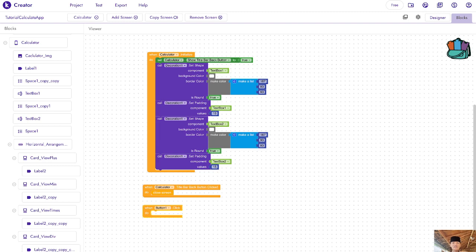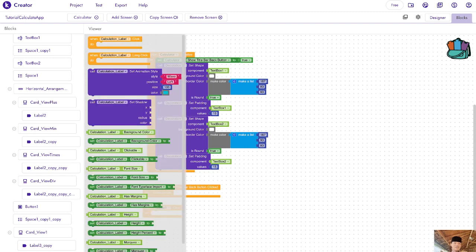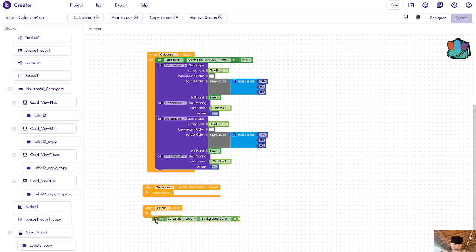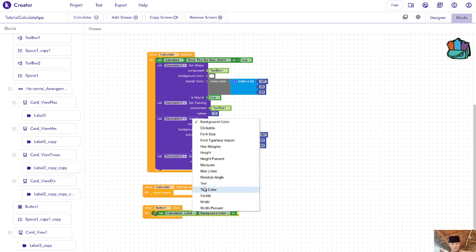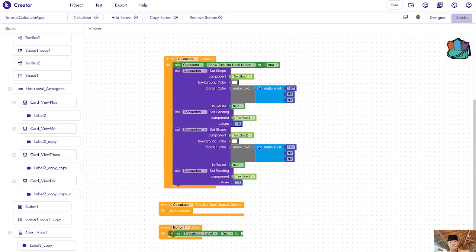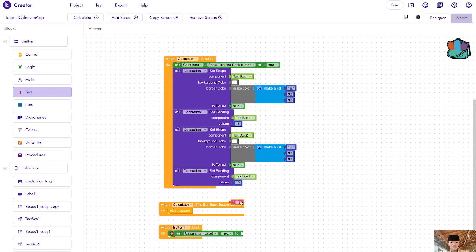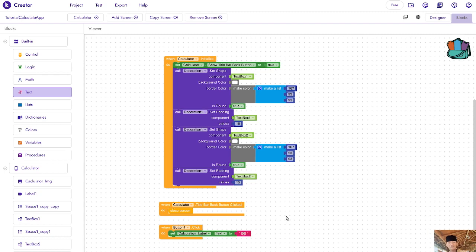we're going to set calculator result program, or in here calculation label. Set calculation label to be text. And the second thing, we're going to put some text there to be nothing. So 0 there. And the next thing, text box 1.